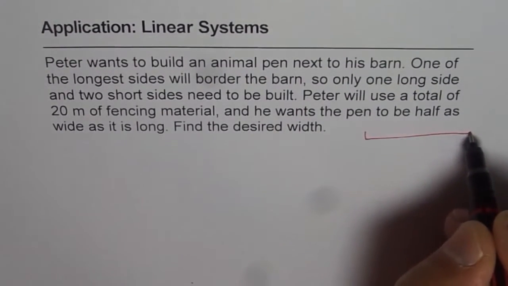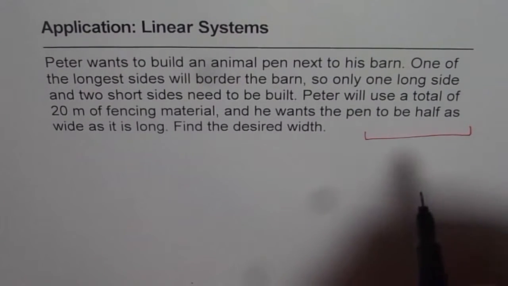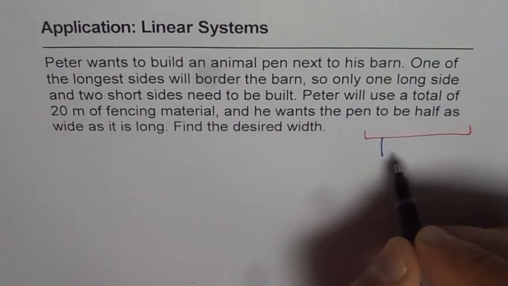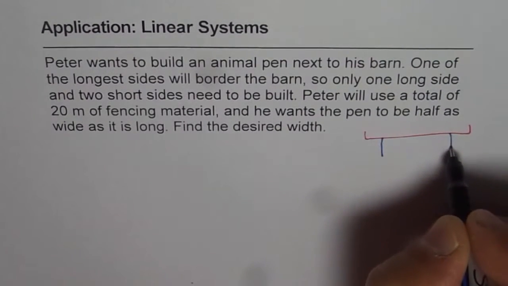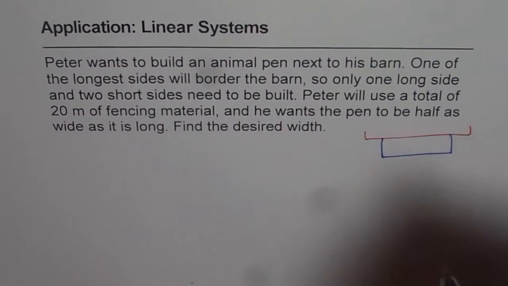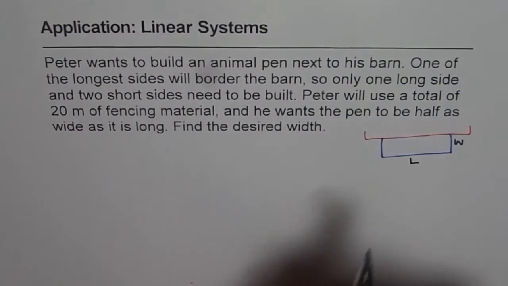Let's say that's the barn. Now what we really have is a pen along the barn. So the longest side is along the barn. So let the pen be something like this. Now, if the width is W and L is the length,